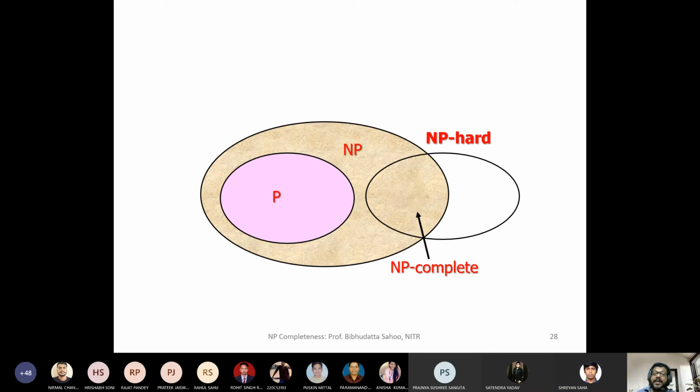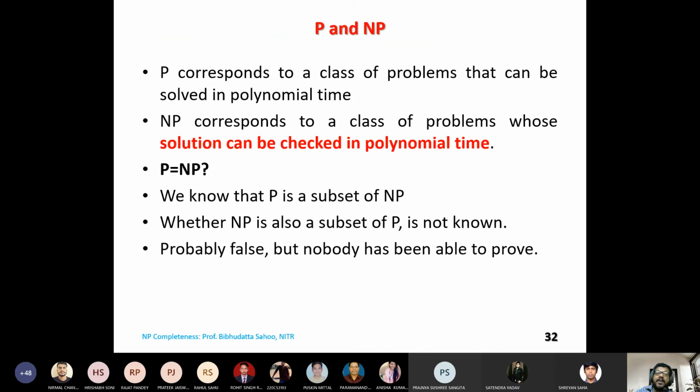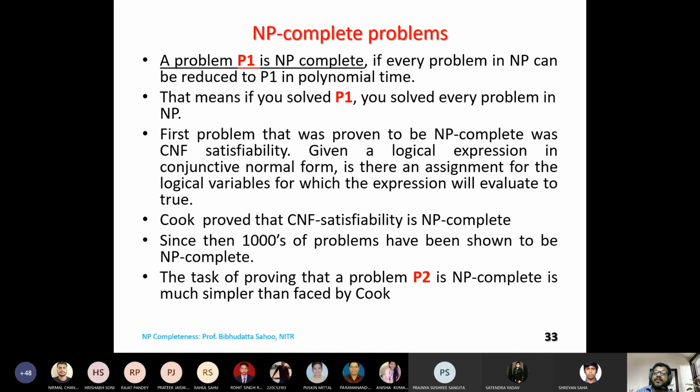Okay. So here the slide says there is a problem P1 which is NP complete. Because we are looking for it, that leads to the question of which problem was first proved to be NP complete. We do not know the mechanism of proving. If we get a problem, then this statement will be useful after statement number 3: a problem P1 is NP complete if every problem in NP can be reduced to P1 in polynomial time. This is one of the mechanisms we'll discuss, but that will come later on.